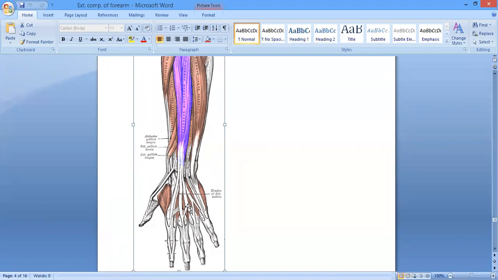Now, what is the nerve supply? Nerve supply again is the deep branch of the radial nerve. For extension, what is its function? Extension of the proximal interphalangeal joint and the extension of the distal interphalangeal joint. Besides, it is also going to assist the extension at the metacarpophalangeal joint and the wrist joint. It's a weak extensor of the wrist joint. Clear? Any problems left?